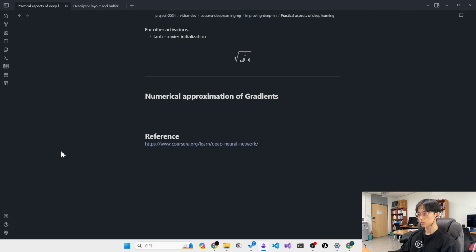So rather than a one-sided difference, you're taking a two-sided difference. So let's work on the math. This point here is f of theta plus epsilon. This point here is f of theta minus epsilon. So the height of this big green triangle is f of theta plus epsilon minus f of theta minus epsilon. And then the width, this is 1 epsilon, this is 2 epsilon, so the width of this green triangle is